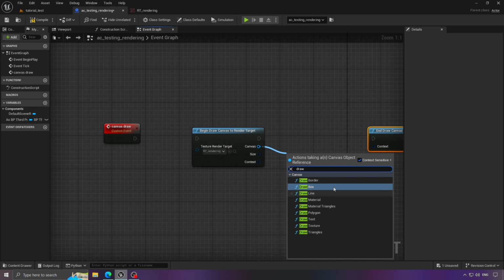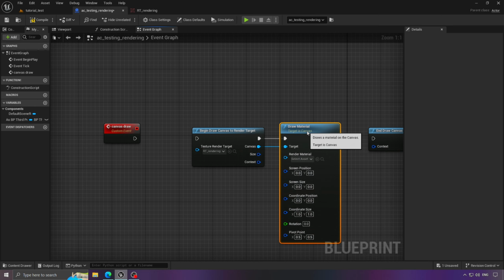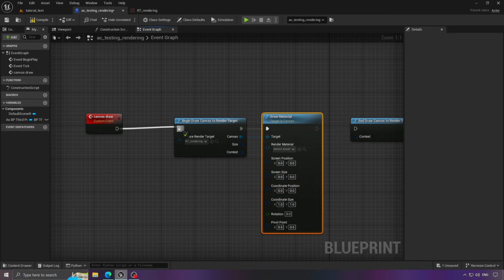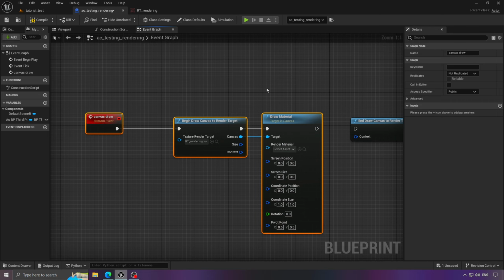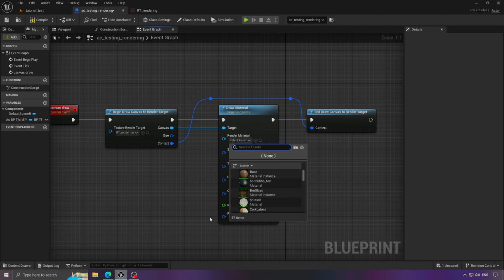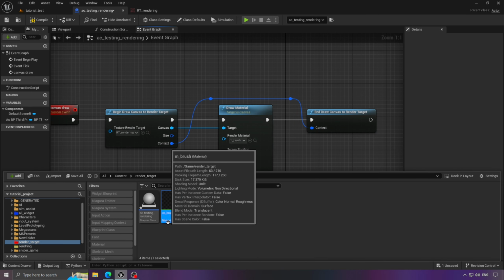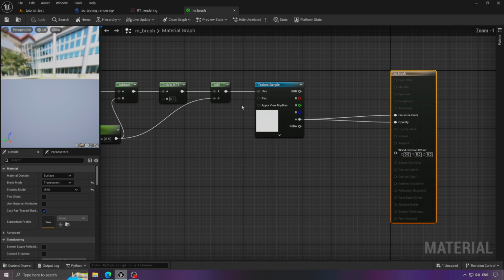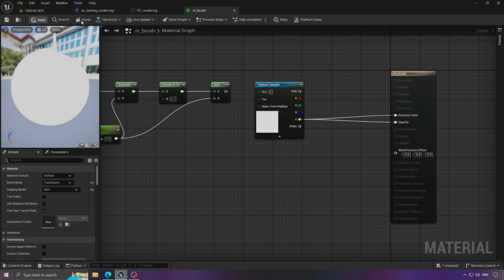If you type draw, many options will appear here, and we will talk about all of them. But to execute the same previous effect, we need to choose draw material for now and connect it with end draw canvas. As for the context input, we take it from here. As for draw material here, there is not much to modify. First, we place render material, which will be the material that we will draw with, and we will use the same previous one, but with a simple change. We will remove this part here only,